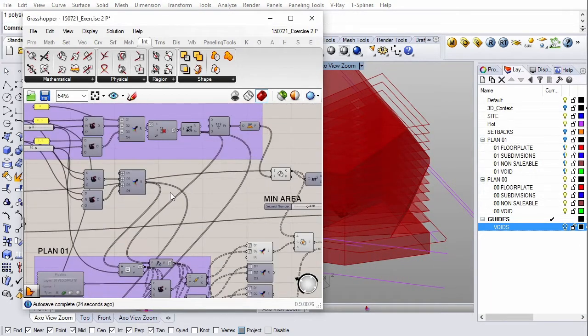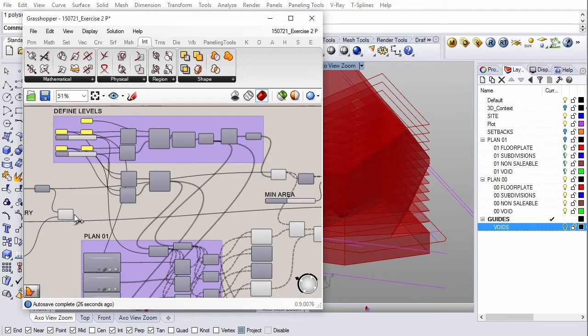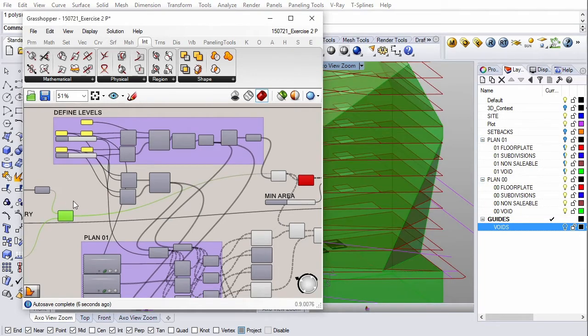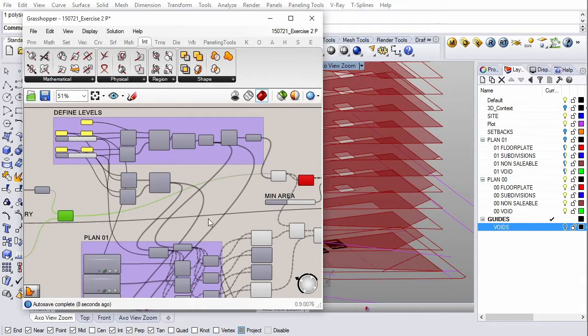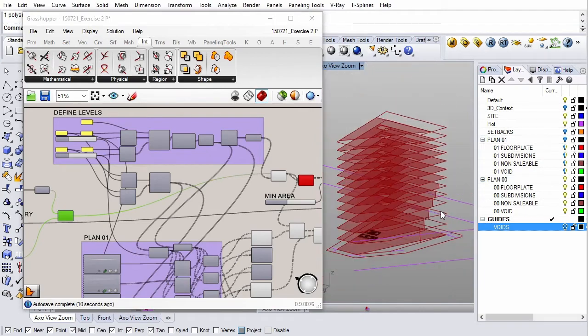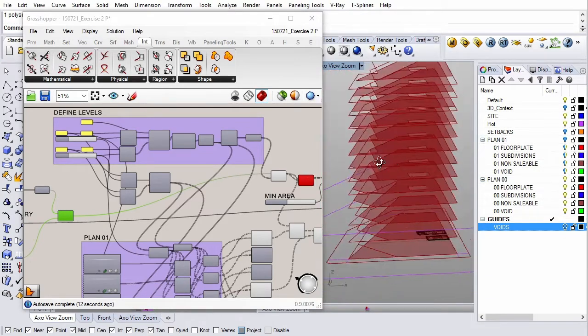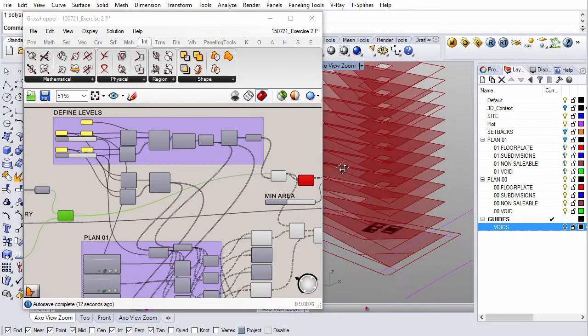And if I connect this then to our script, we get this shape influencing the volume.